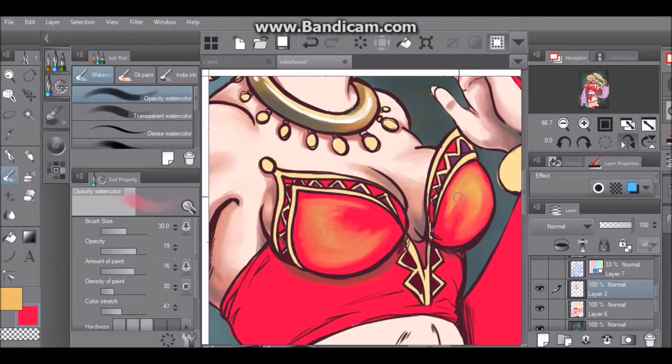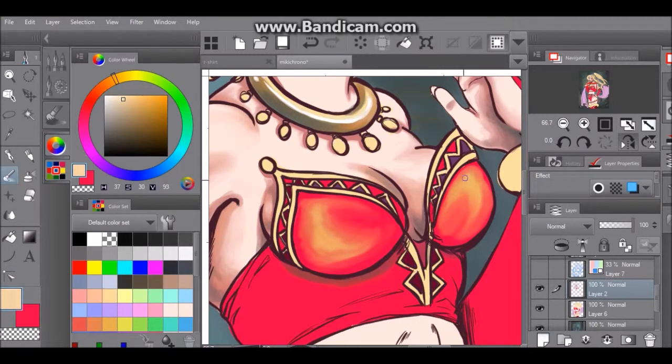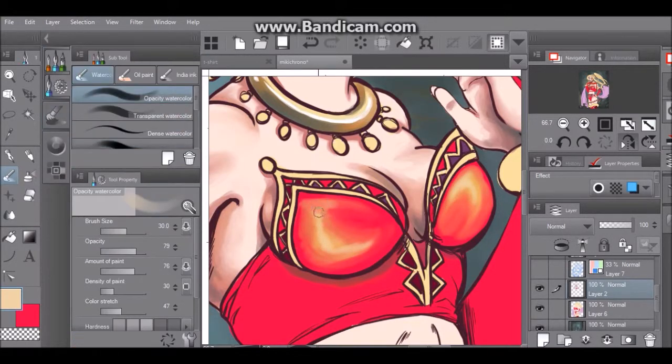All I have to do is go with the solid brush and go over everything I've done with the solid red, and it turns it all back to the base color. And I can just start over again. Eventually, after mixing and matching colors for a while, you